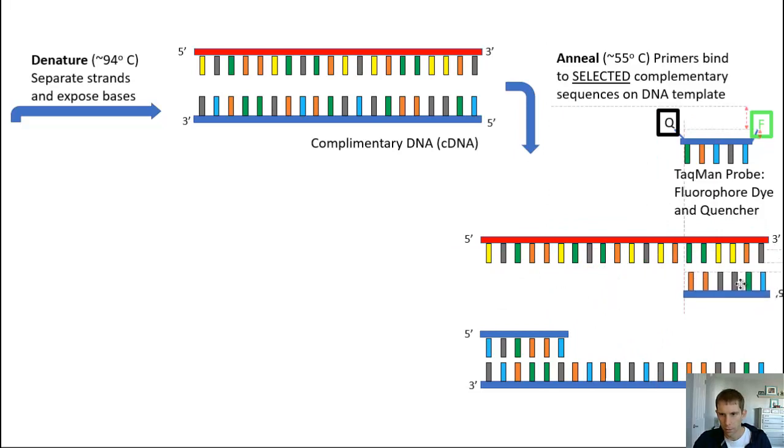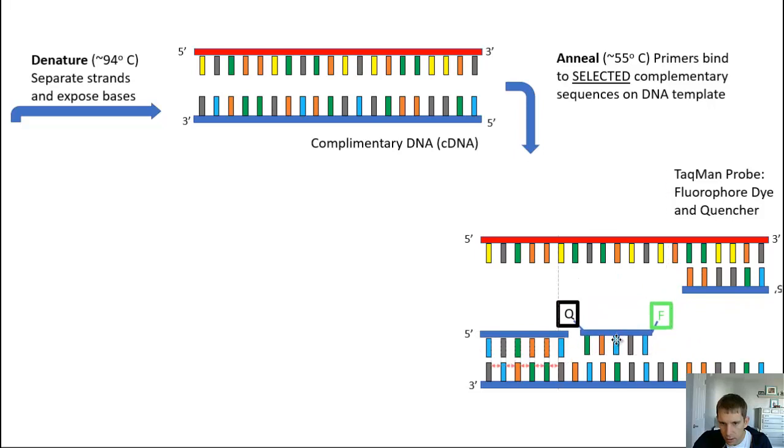My mouse is a little jumpy there, but it looks like we've got good base pairing happening here. So that is going to bind there. But our attachment probe is also going to bind. So the attachment probe contains a fluorophore dye marked with the F and a quencher marked with the Q. Let's see if this can perform some hydrogen bonding somewhere here. It looks like it can right here. So our guanosine and cytosine are going to hydrogen bond, and our thymine and adenine are going to hydrogen bond